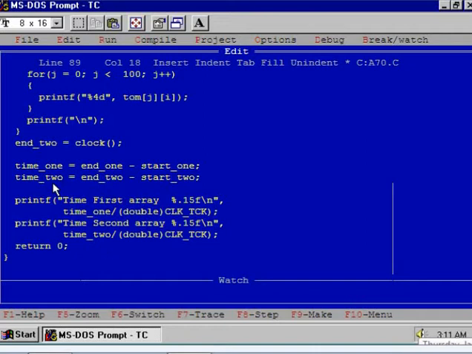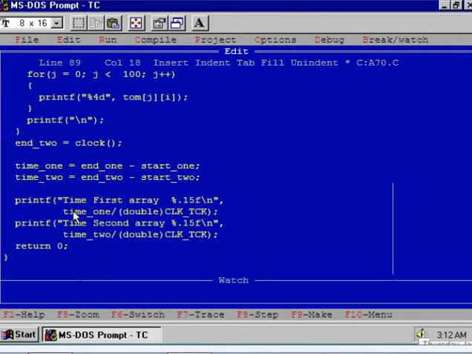At last we'll display the time in seconds by dividing time1 by CLK_TCK, the clock ticks per second, which has the value 18.2, and we'll get time1 and time2.